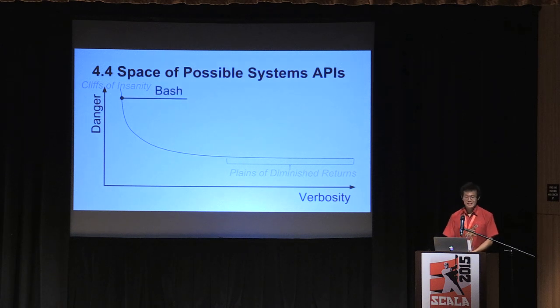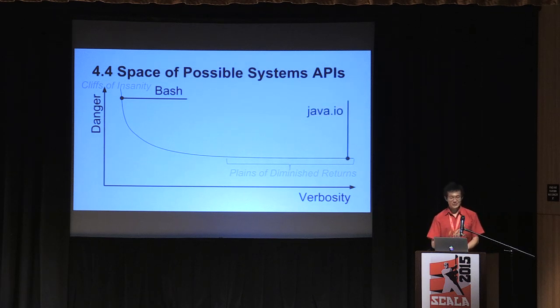Bash, I would argue, is very near what I call the cliffs of insanity. This is a point where you can subtract characters and the danger shoots up tremendously, and bash is definitely in that case. You miss quotes around some variable interpolation and suddenly it expands into multiple things, and you've suddenly deleted your whole database fleet. Java, on the other hand, falls on the other side, where it's so verbose that it's not even doing anything anymore. You're not actually gaining anything from the verbosity. You're just wasting your time. And Java NIO, I would argue, is probably better because it's newer and has more built-in functionality.